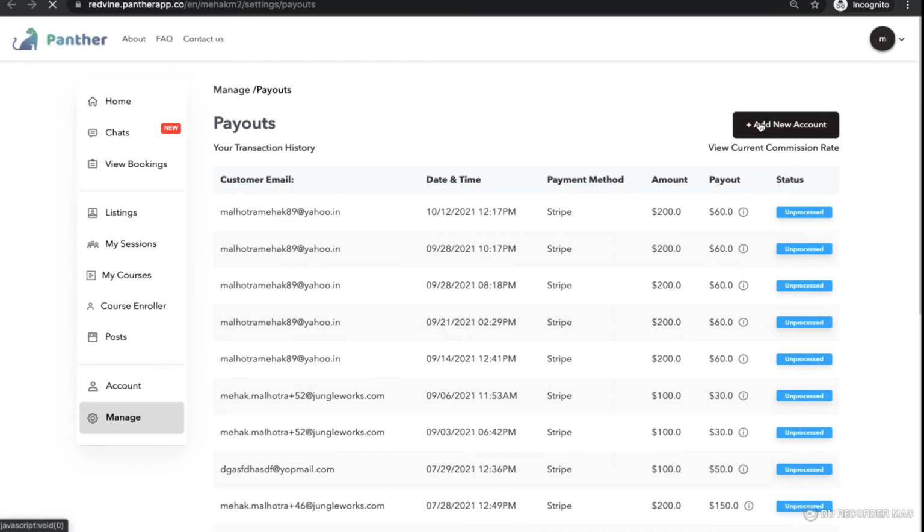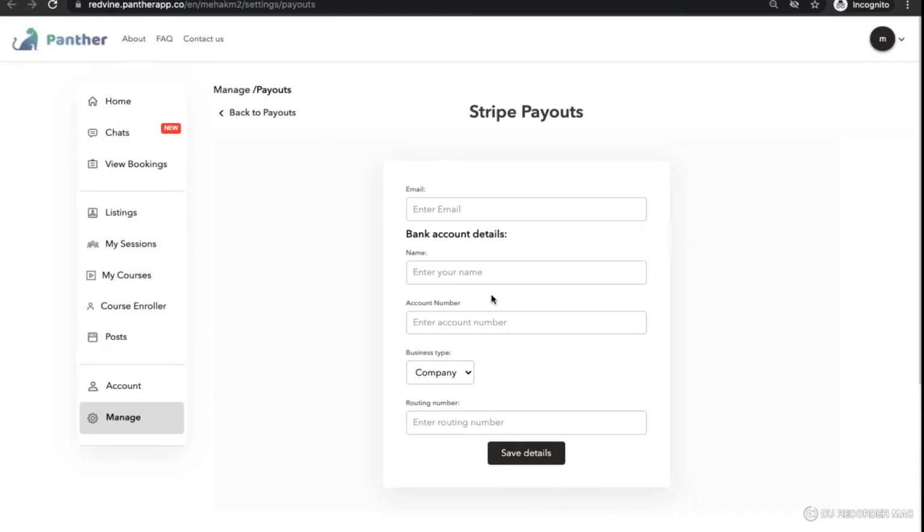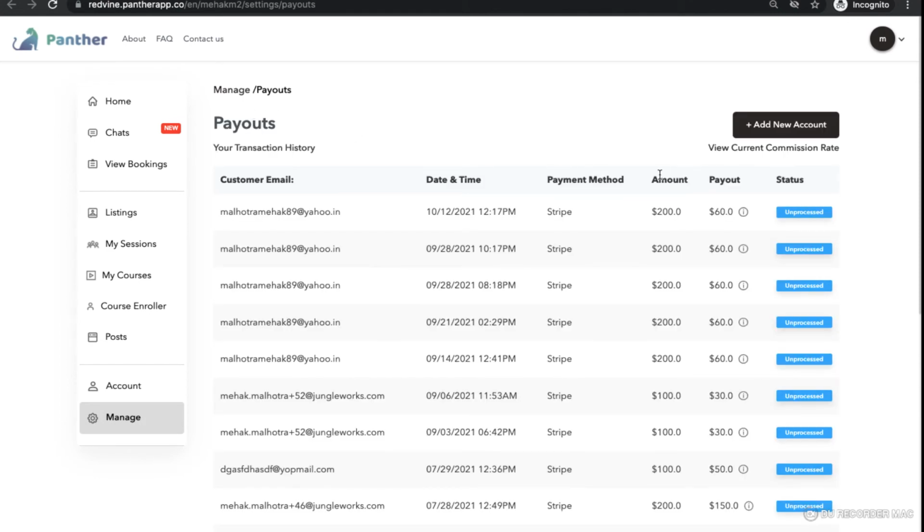To receive payouts, I need to mandatorily add my account details for the admin to automatically send the payouts to me in my bank account. Suppose I configure Stripe. Once I click on Stripe and click on continue, I will be prompted to add the account details. So all these payouts will be automatically credited to my Stripe account.